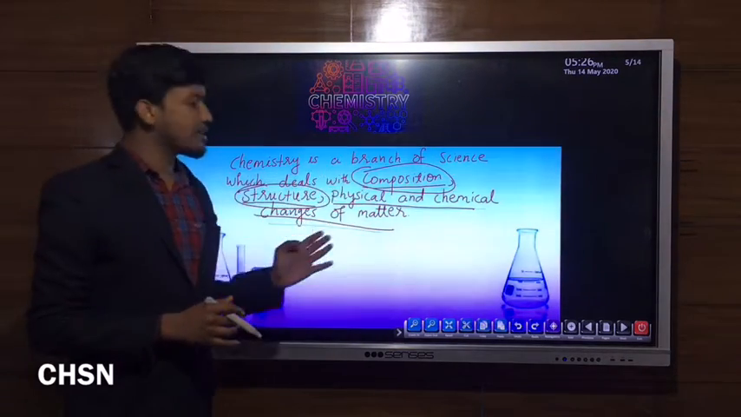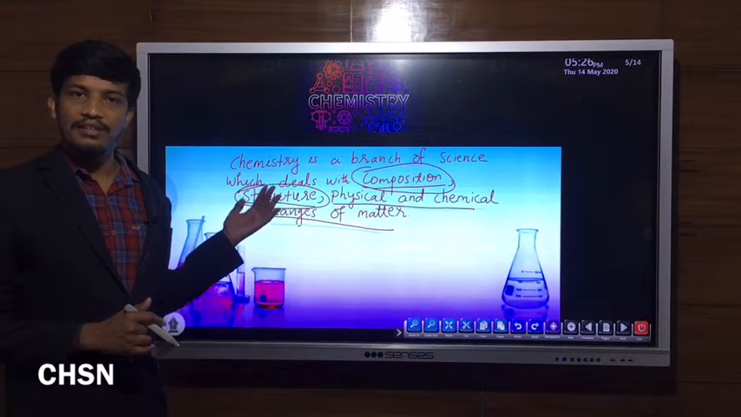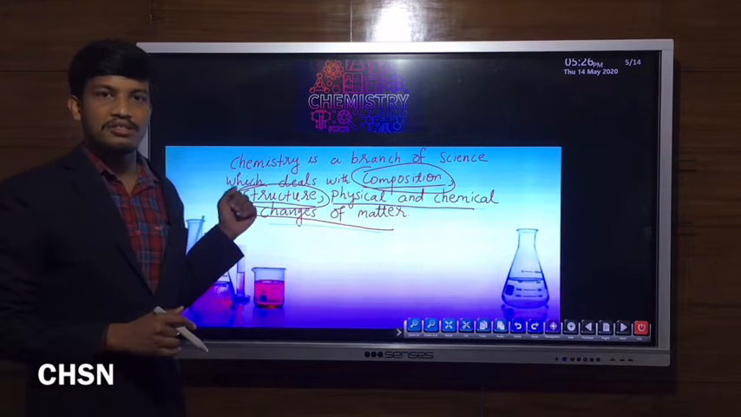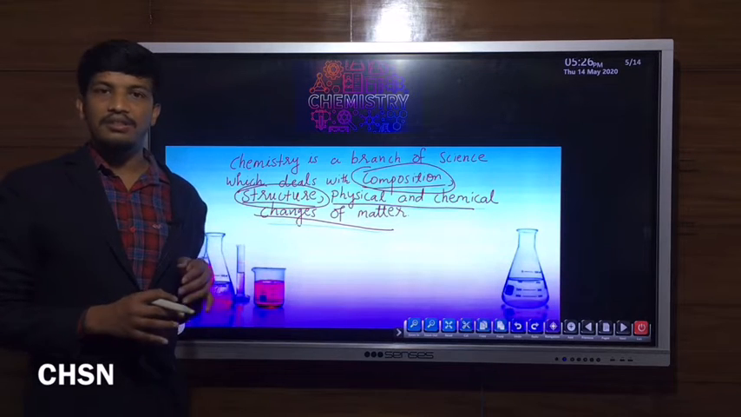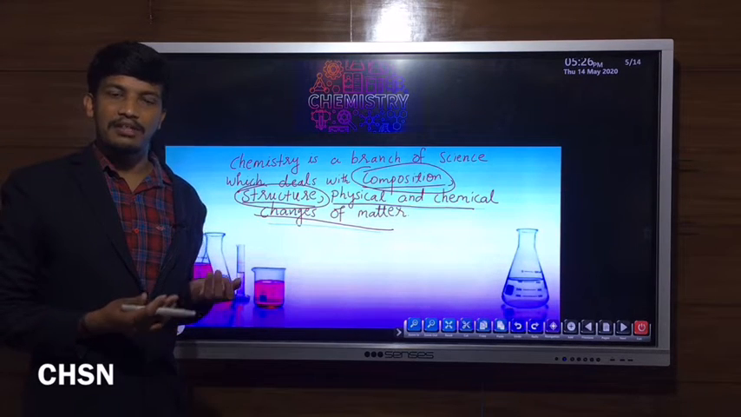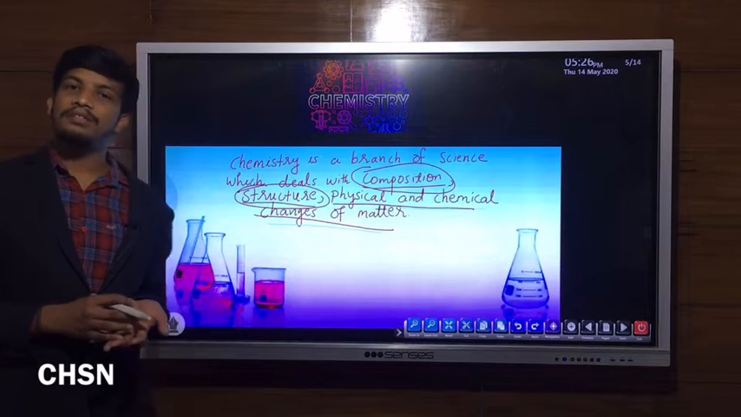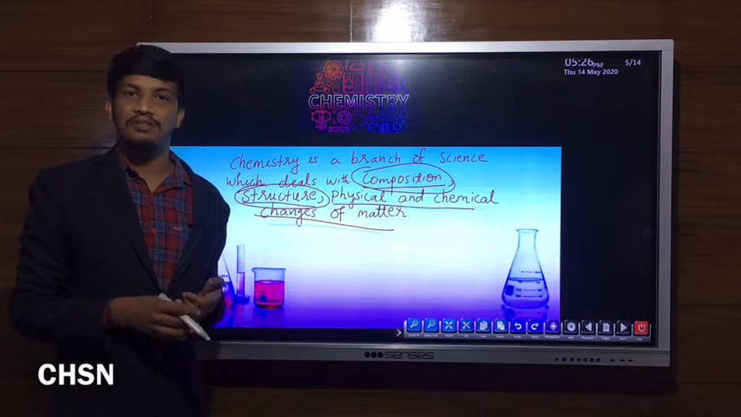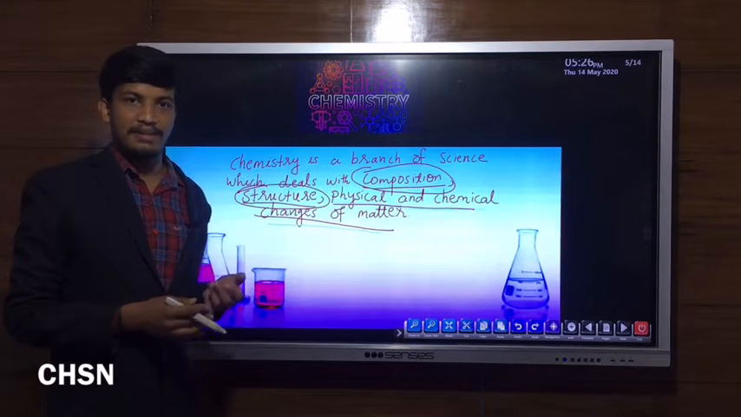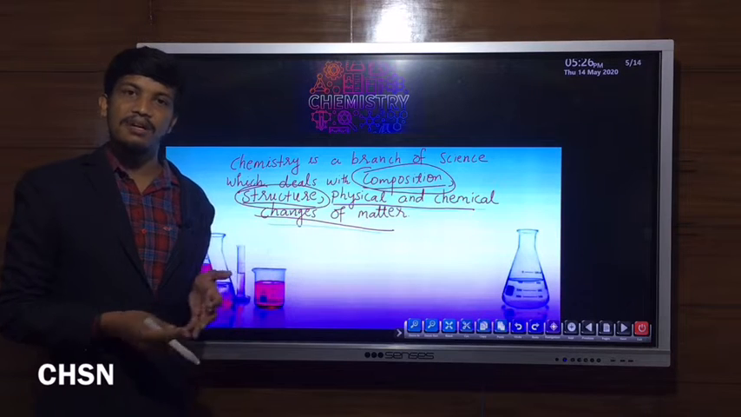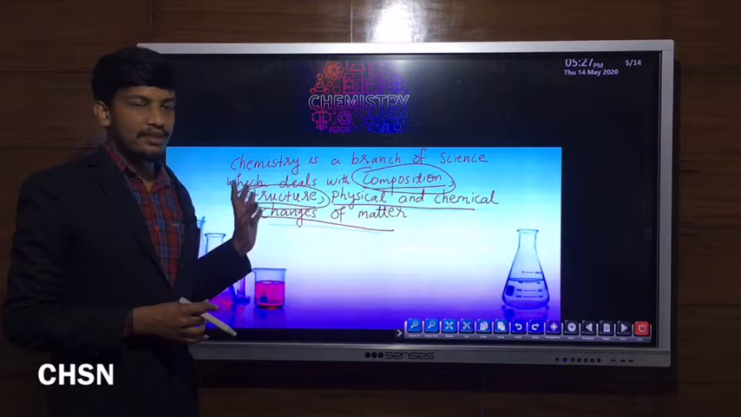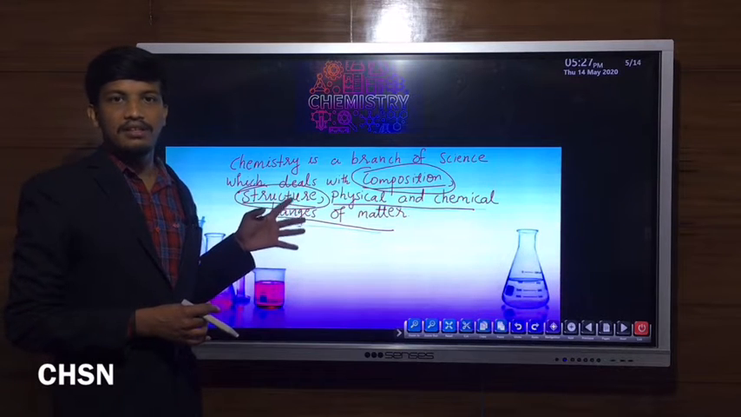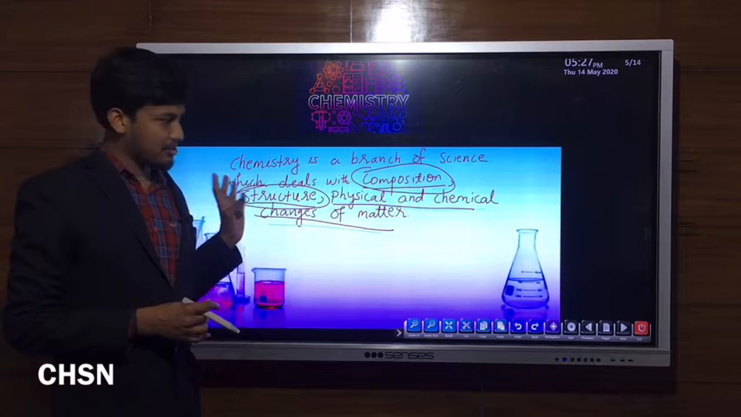Now, physical and chemical changes of matter. We know the definition of physical change and chemical change. Physical change of matter means the change in physical properties. Physical properties are the properties of matter which we can observe or measure, like smell, color, density, mass, etc. So the physical changes of matter, that is changes in physical properties, we will study in chemistry, and